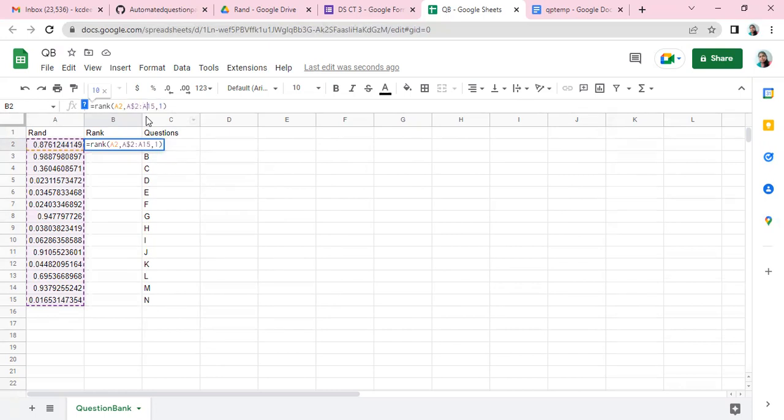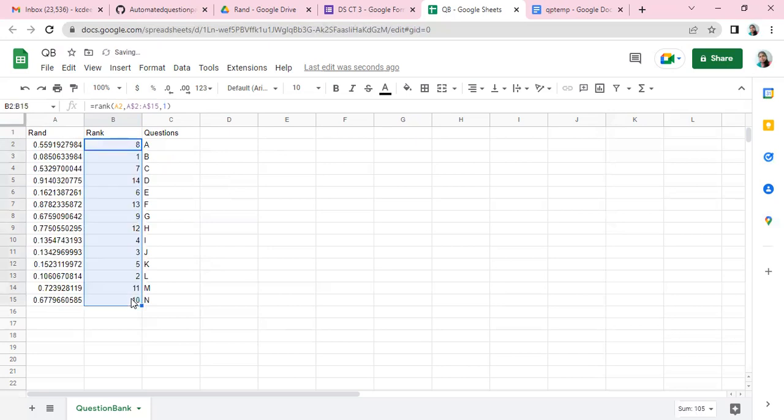To fix it as 2 and to fix it as 15, I'm going to use a dollar symbol here. What it does is it fixes the values, and then drag it here. So from 1 to 15, the ranks are arranged. Okay, I have 14 questions in my question bank, and the 14 questions are ranked